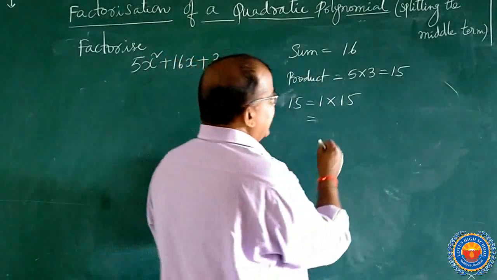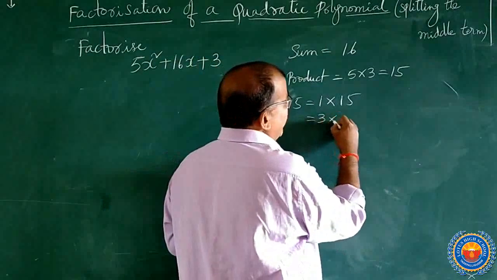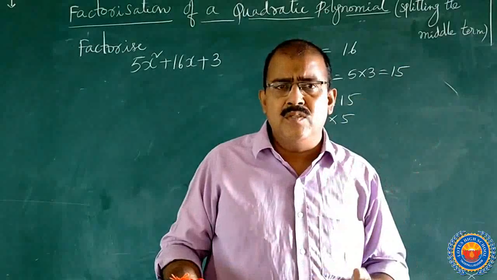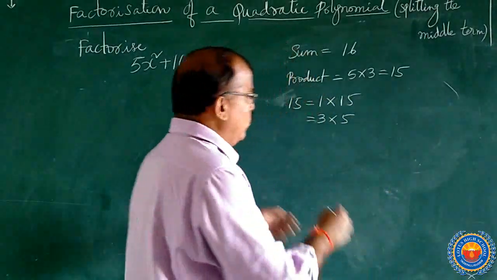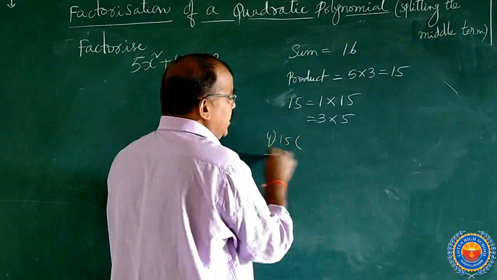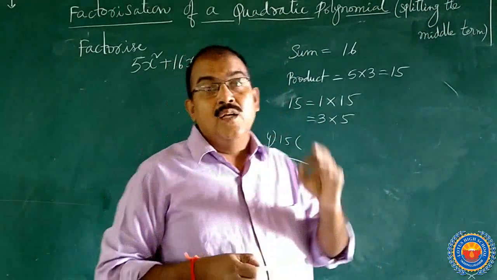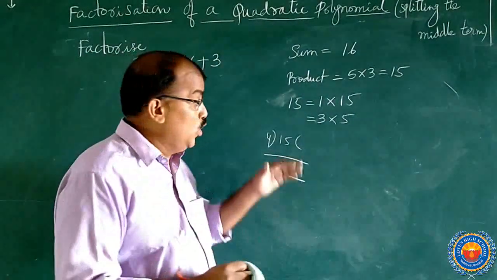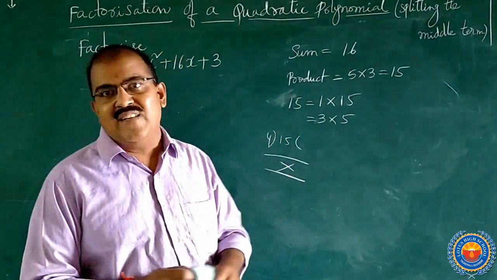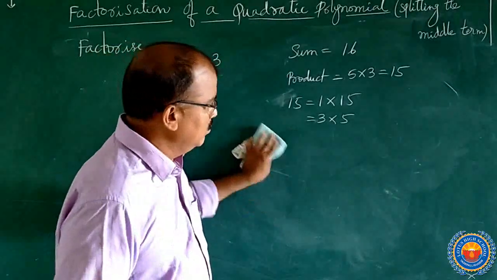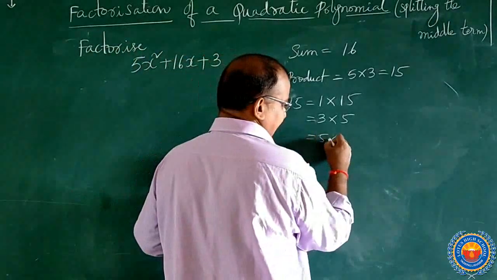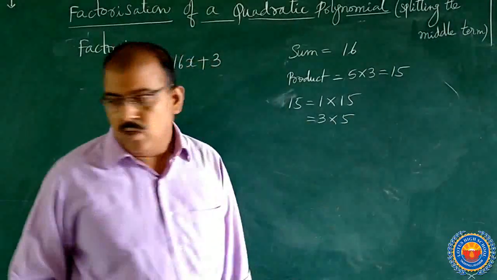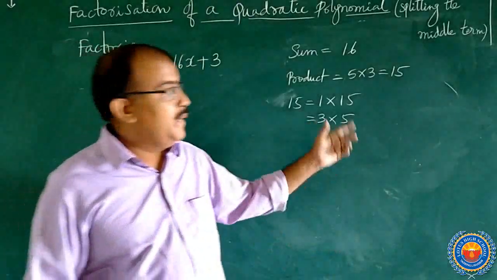So that's why here 3 into 5. Yes, 4 is not divisible. How to know? You must know the divisibility rules. Otherwise, you go for 15 divided by 4. Definitely you may not get 0 as the remainder. Only when the remainder is 0 can we say divisible, otherwise not divisible. Now, next 5: 5 into 3. 3 into 5 and 5 into 3 are both the same, that's why it is not required. Now, 1 into 15, there you can stop.